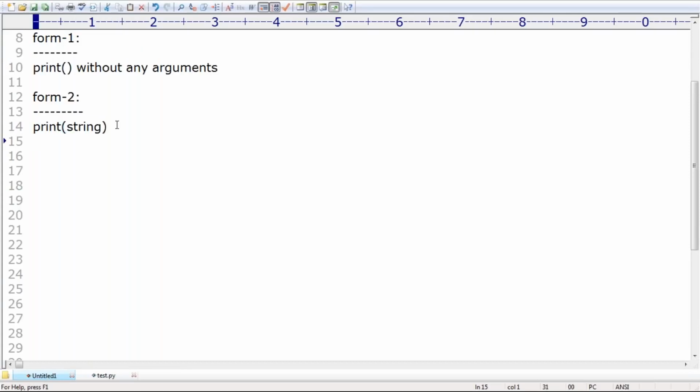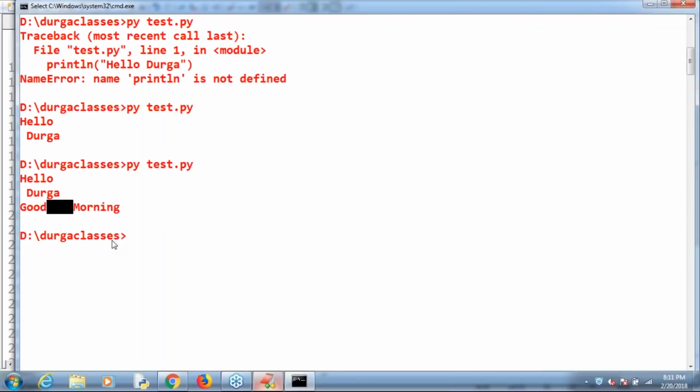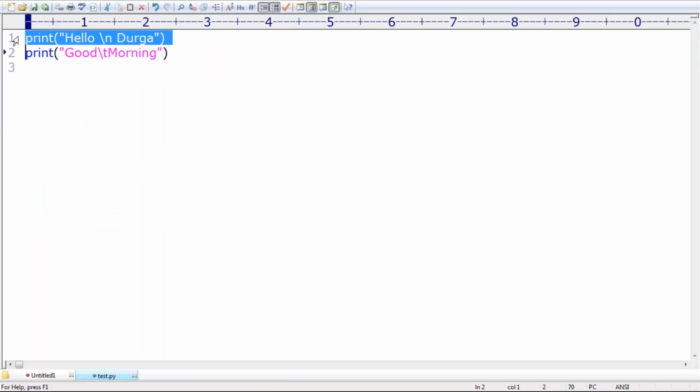What is the next one we require to take? Inside this string, can I use the concatenation operator, the plus operator, or the repetition operator, the star operator? Yes, happily we are allowed to use them. Observe carefully. I'm taking "Durga", then the plus operator, then "soft".